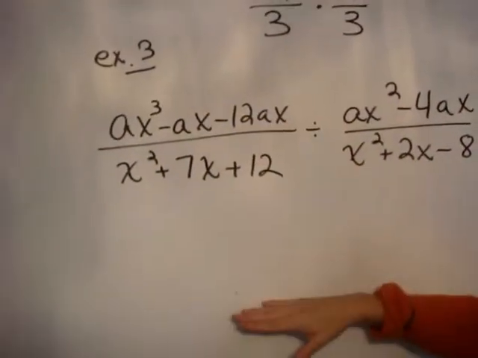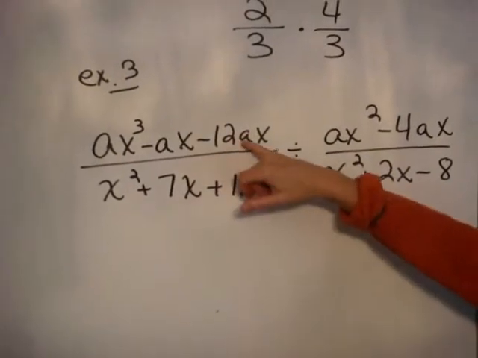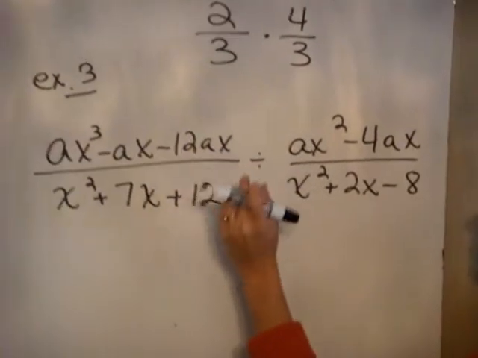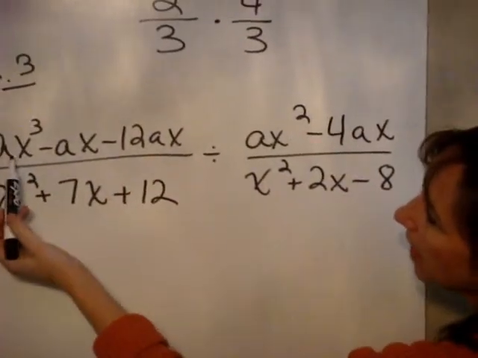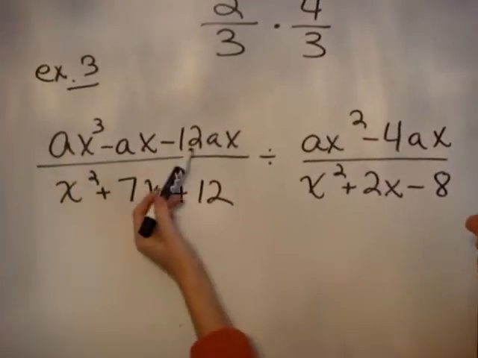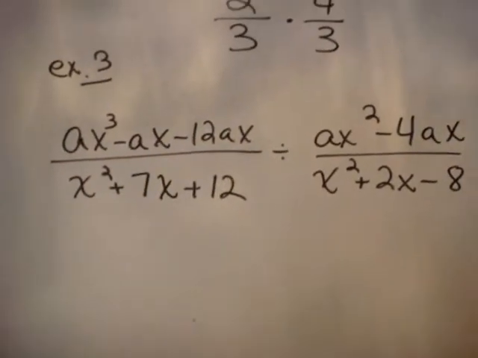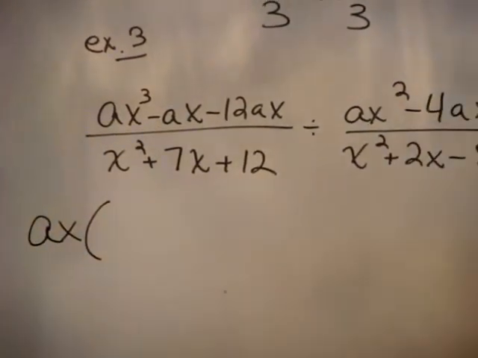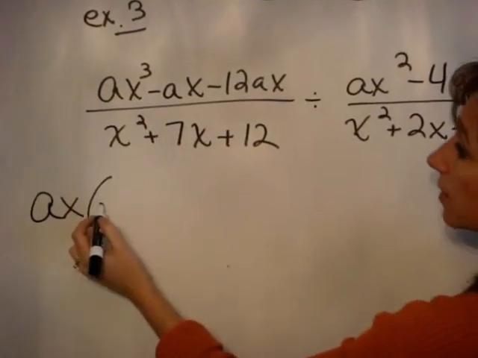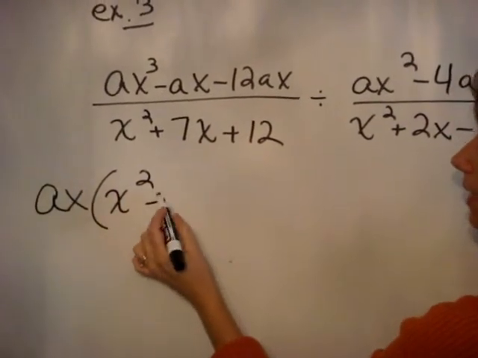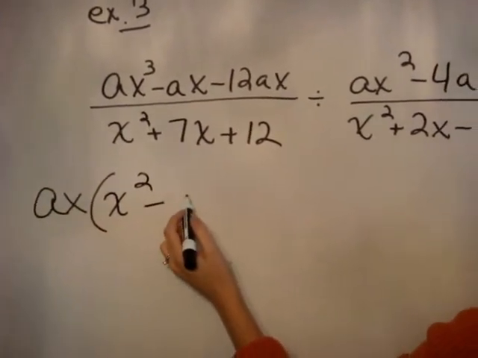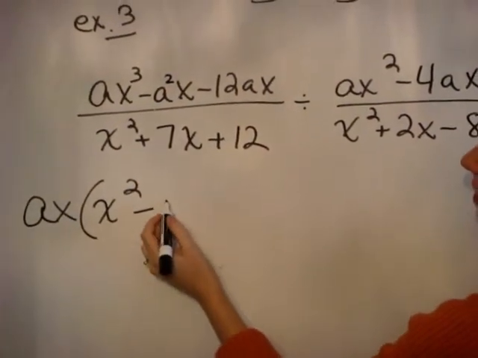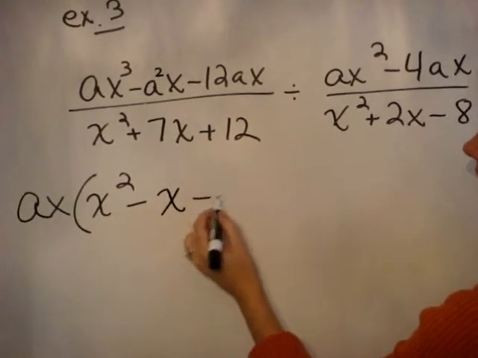Now as we recopy it, we're going to factor. So I'm going to start factoring this top fraction, the numerator of the first fraction. I look at it and I notice that there's an x and an a in each term. So I'm going to take that out first. We're going to take the a and an x out. Look for that first. So we're going to be left with an x squared minus 1. I think I copied this problem wrong. That probably should be an a squared. Minus x minus 12